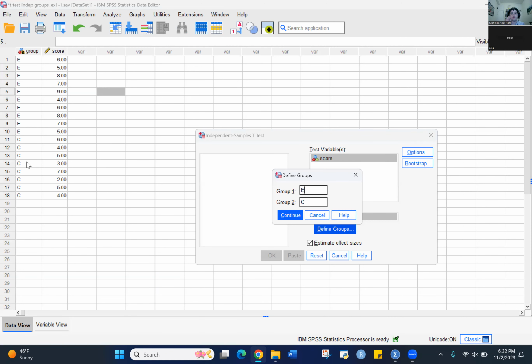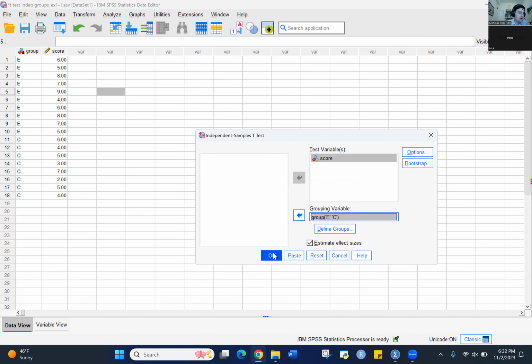Because remember, the t-test assumes there's a categorical variable with only two categories. If I had a third group, like experimental 2, I could only compare E1 to E, or E1 to C, or C to E2, right? There are procedures called ANOVA, which we'll learn in a few weeks, that allow you to compare many means. So I hit continue, and now I hit OK,